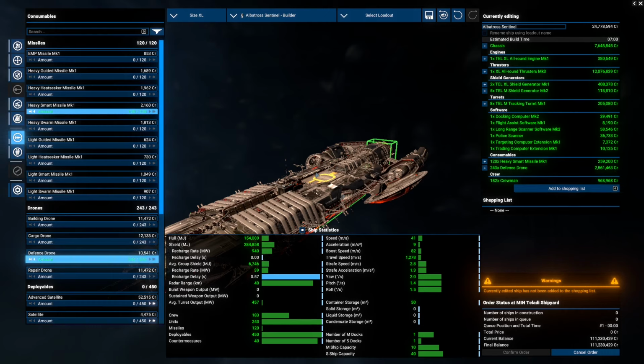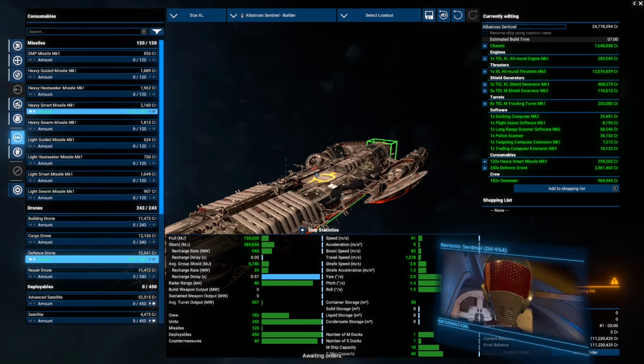And 243 drones. 24 million. Call it 25 million. Do you know what you just had? Why have a carrier at this point? Honestly. This boggled my mind when I saw the Albatross. And I said, what have I really been doing? Now, granted,